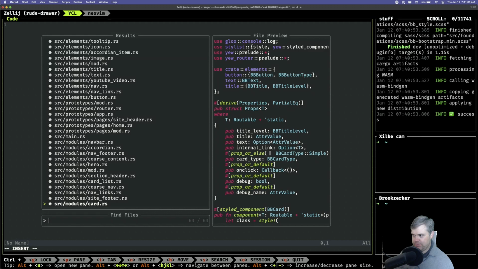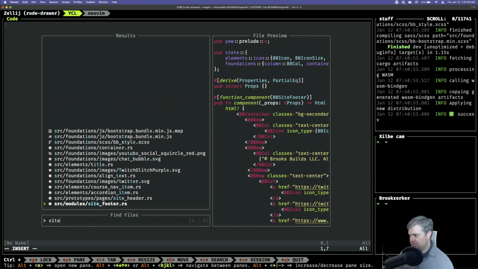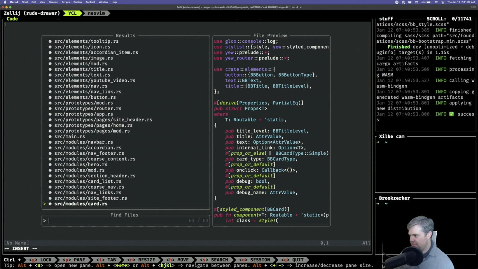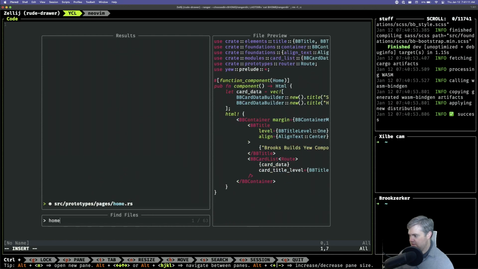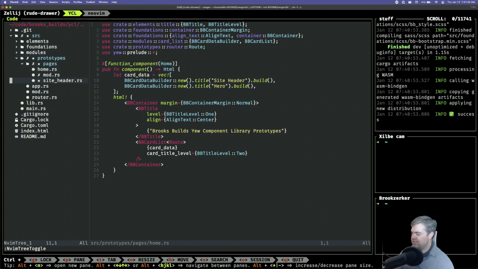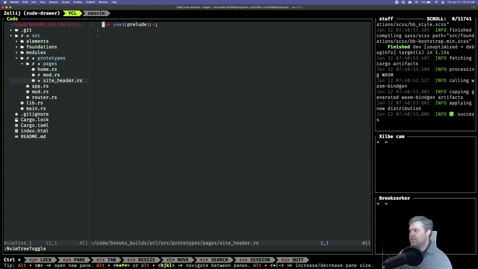It was site header. It was in prototypes. Yeah, it was in site header. Oh, no space. Maybe that was my problem. Okay, so then I want to tell